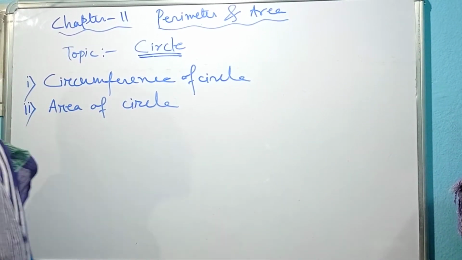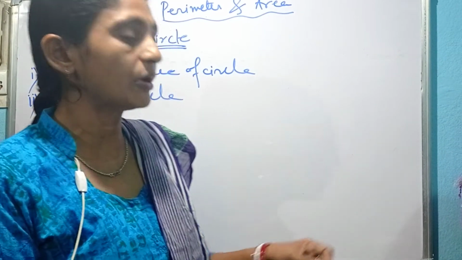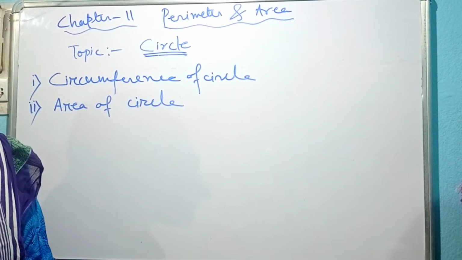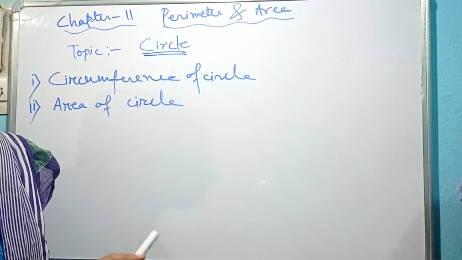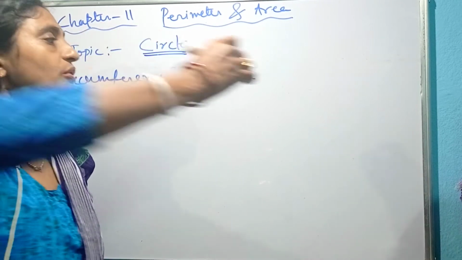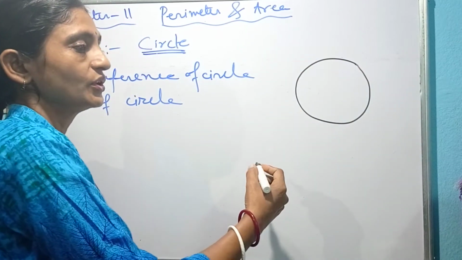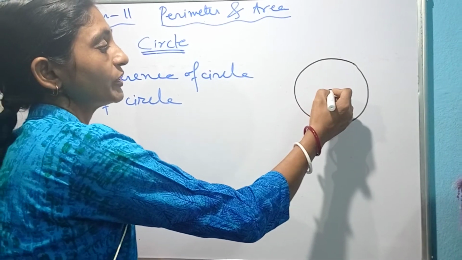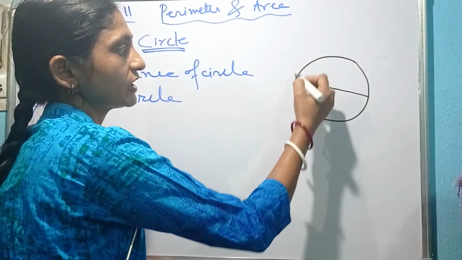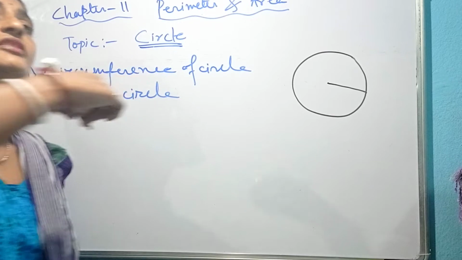So what do you mean by the circumference of a circle? When we are discussing a square or rectangle or any other polygon, that outer boundary is the perimeter of that particular polygon. In the case of a circle, when you draw a circle, the length of that line is the circumference. All the dots at a fixed distance from the center, if we connect them, we get a curved line. That outer line is called the circumference.